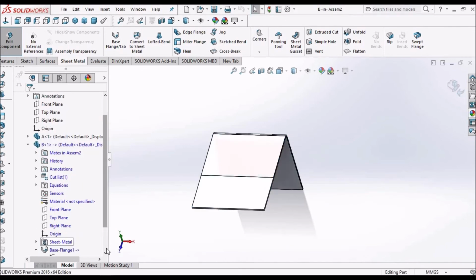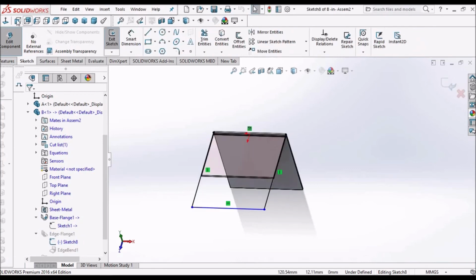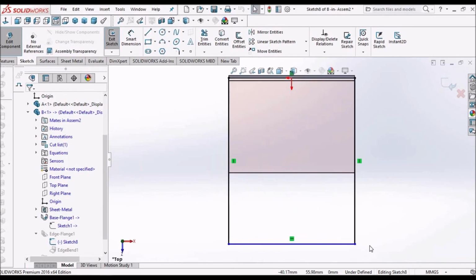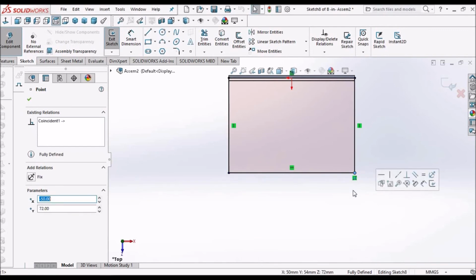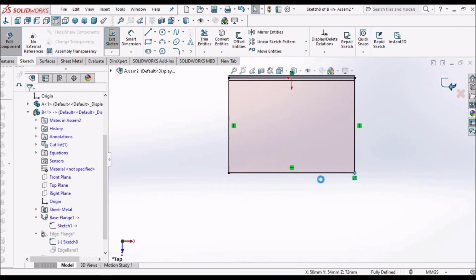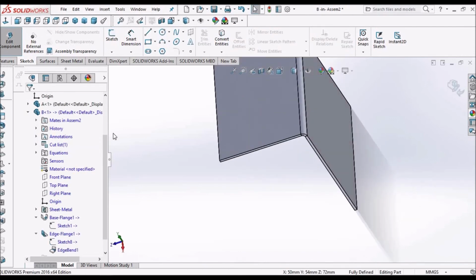For that, what we have to do is go to sketch, and go to top plane. Simply select this point and click on the vertex. Say OK. See, now both the components are overlapping.